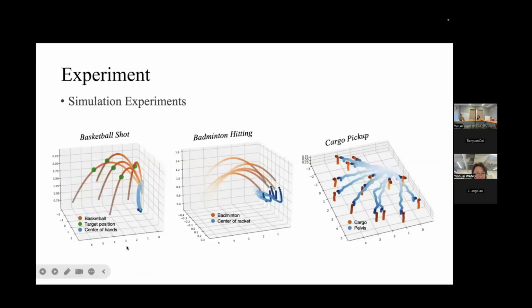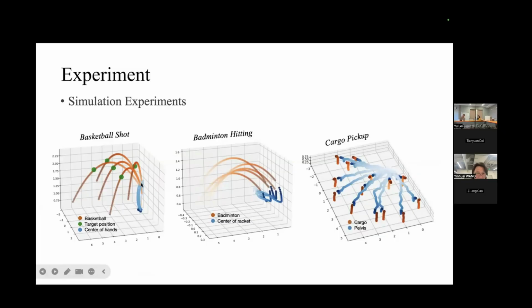And there is an illustration about the generalization. The yellow trajectory is the basketball trajectory, and the green marks different basket target positions.